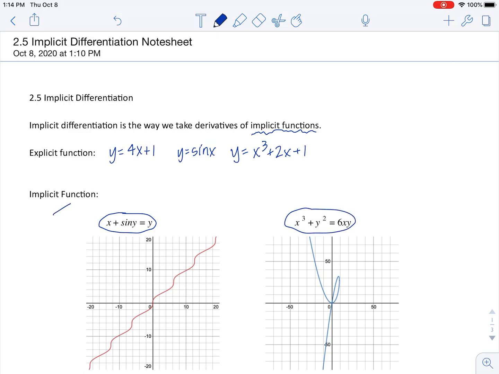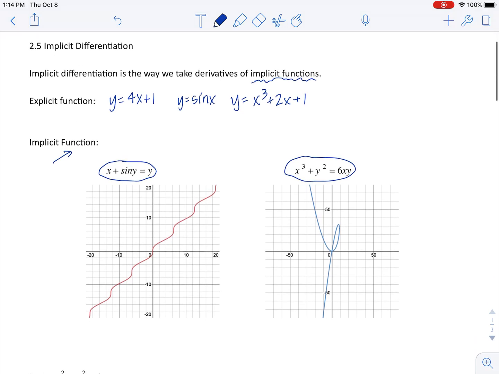In fact, calling these functions is a little bit misleading because if you look at the second picture, that ain't a function, right? That does not pass the vertical line test for that portion of the graph, does it? So there's a whole world of functions out there that are written where x and y, neither is solved for the other. They're just combined to make an equation. And these are actually the most interesting kind of functions to look at, and probably the things that we use most to model real world data. Maybe not the one on the right, but,